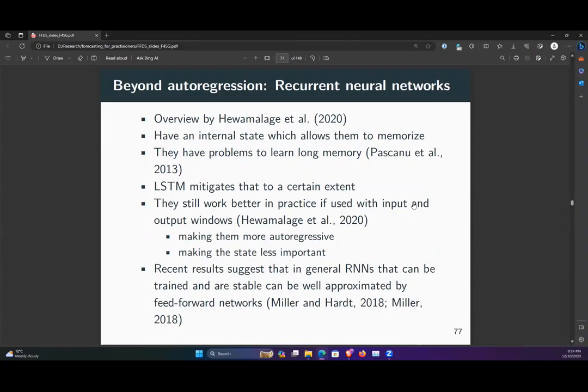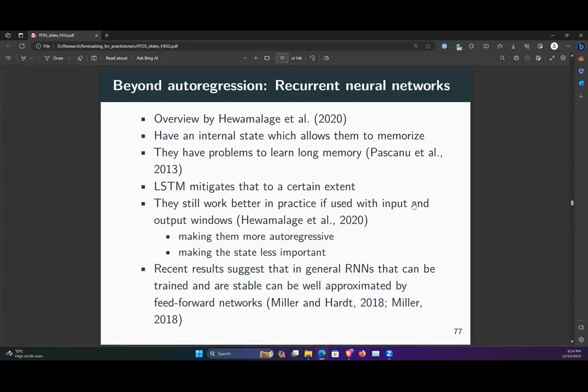Let's start with looking at recurrent neural networks. A recurrent neural network seems to be an obvious choice when it comes to deep learning because it works for sequence data in NLP, so it has to work here as well. The idea of it working is because of auto-regression, because it holds an internal state memory where it remembers what happened in the past, similar to how auto-regression works.